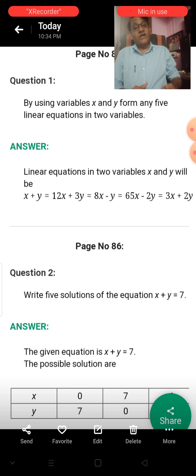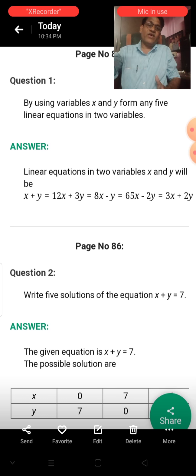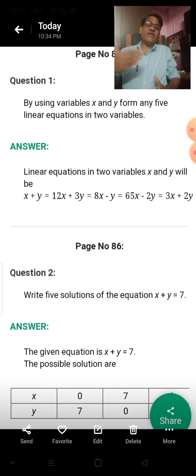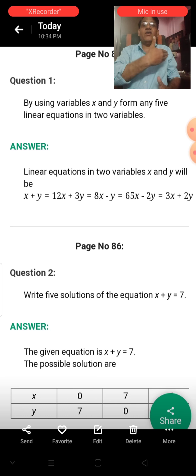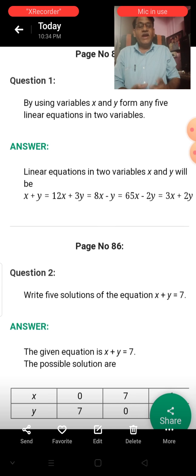It is a condition. Both are simultaneous equations. Then and only then can you find out the value of x and y. Now you already know what simultaneous means. It means the value of x in the first equation is equal to the value of x in the second equation, and the value of y in the first equation is equal to the value of y in the second equation. These equations are called simultaneous equations. Okay, so you need a minimum of two equations to find out the value of the variables in a linear equation in two variables.